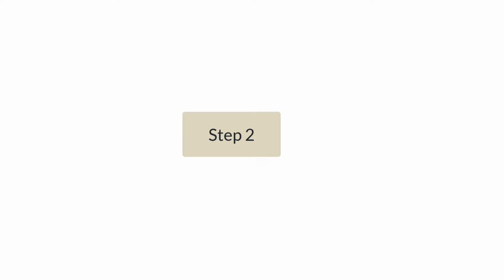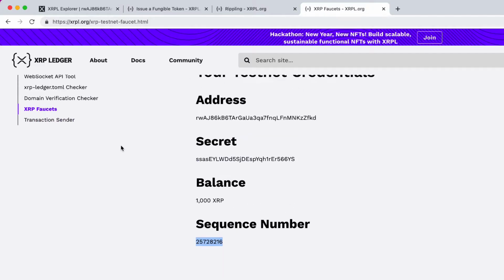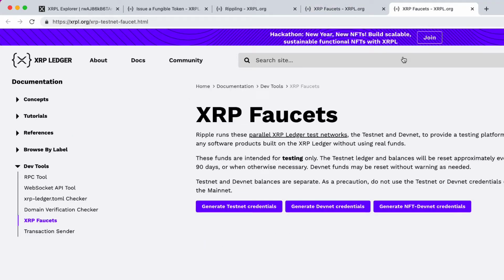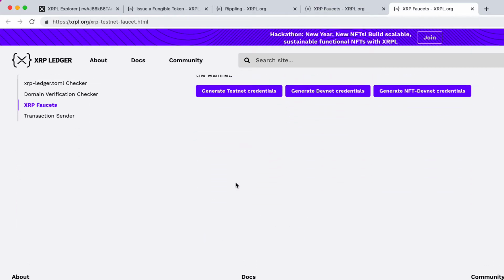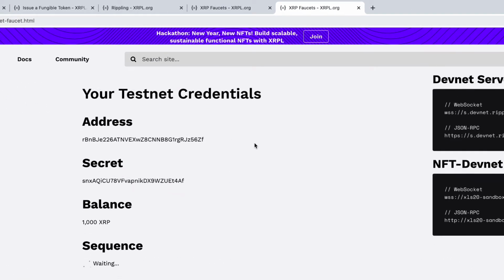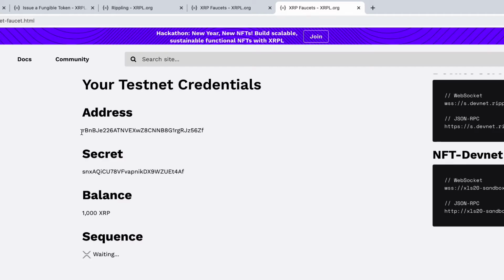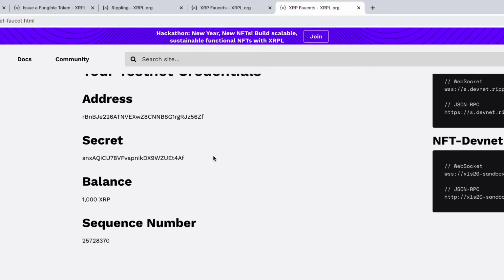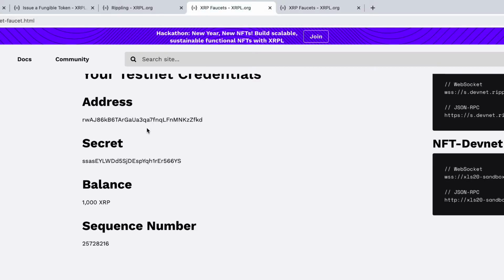Okay, now step 2 is to create a second address or hot wallet, which receives the token from the issuer. So let's do that. I'll create a second address, which also belongs to the issuer, by the way. So write this down as operational address. Please write down both the R address and the secret, and this R address and secret as issuer address. Okay,